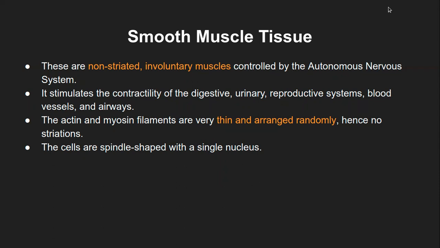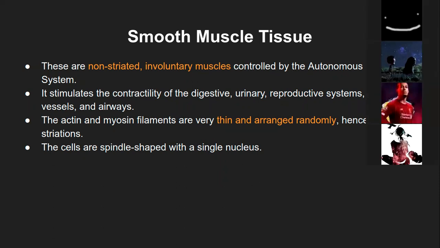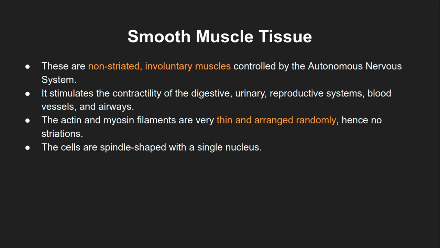It could mean like the actin and myosin are not arranged in that manner. Yes, but actin and myosin, they are present. They are just not arranged in that specific pattern of creating those dark bands and light bands. That's it. So there will be no striation because of no pattern of actin and myosin. Otherwise, these proteins are present in those smooth muscles as well.